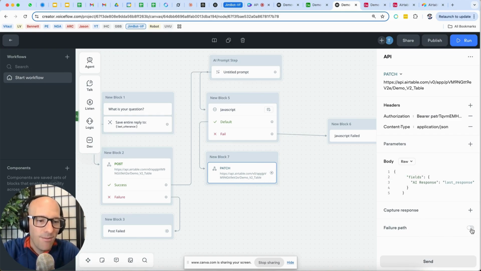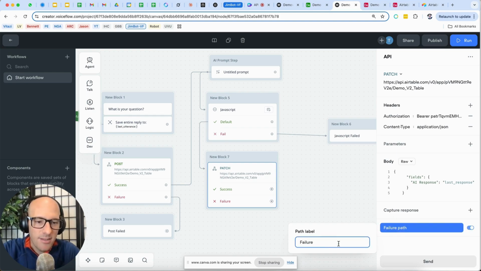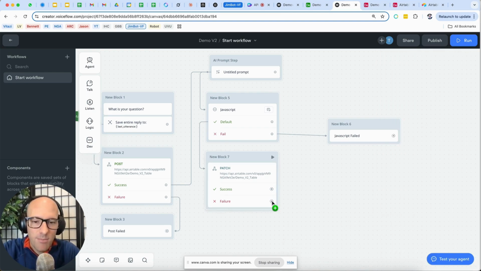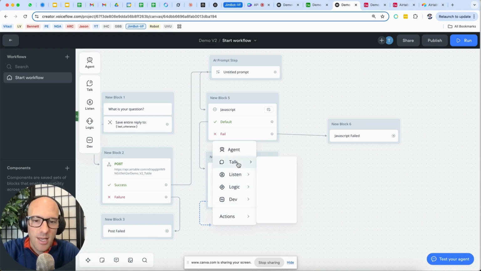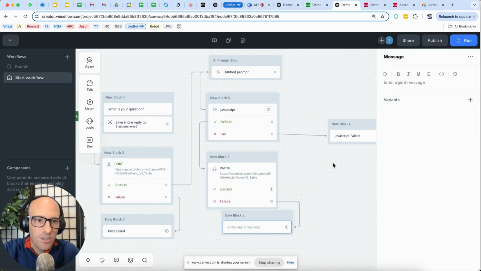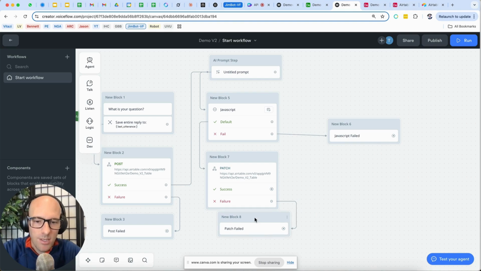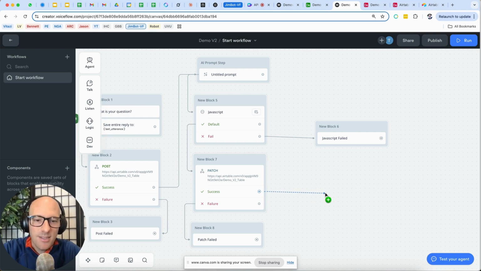And I'm going to add the failure path, and it says failure. Yep, that's what I want. And then I'm going to do the same thing I did right here with a post failed little message. And I love to have a little message when the post fails. This is going to be a patch, right? So I'm going to say patch failed. And if this patch fails, we will know it now. That is the path. If I have success, it's going to go to a new block,